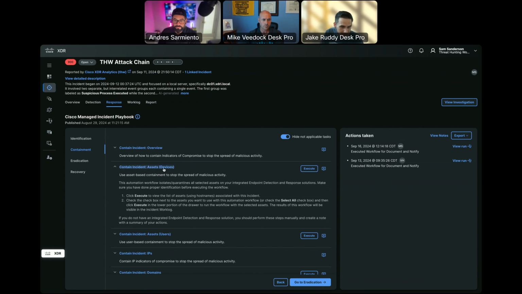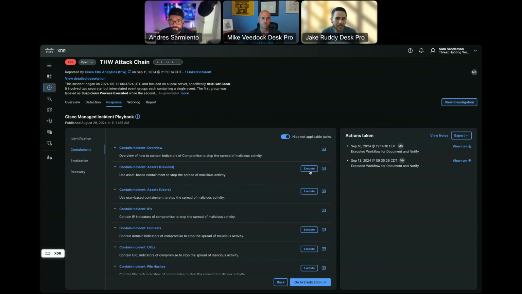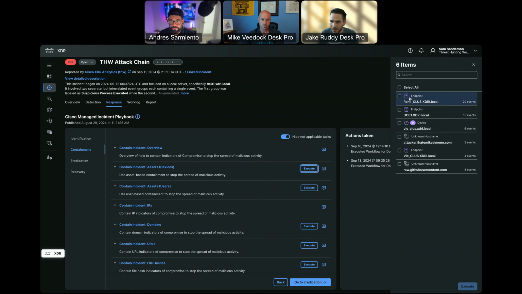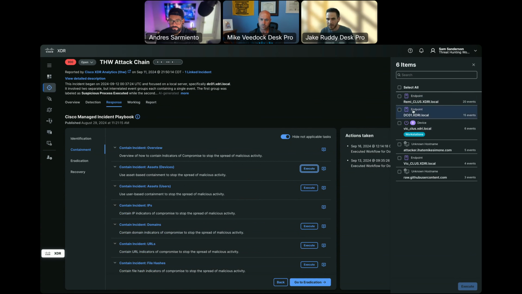That would be the device workflow. And it'll tell you if you expand it, this is going to quarantine all selected assets using your integrated endpoint detection and response solution. That does not say Cisco Secure Endpoint, right? This works perfectly fine with third-party EDRs as well. I don't even need to tell it when I run it. You know, we saw that one device had both Defender and Secure Endpoint on it. Maybe I've got a bit of both out there. I don't need to tell it, hey, this one has CrowdStrike, this one has Defender, this one has SentinelOne. No, all that's built into the workflows that are going to execute when I hit the execute button.